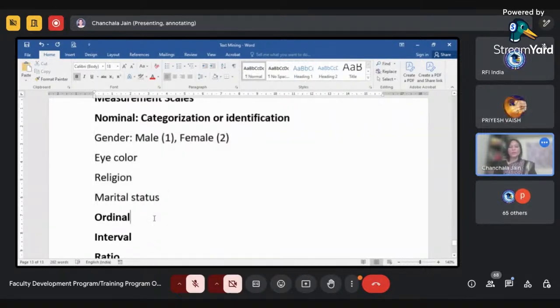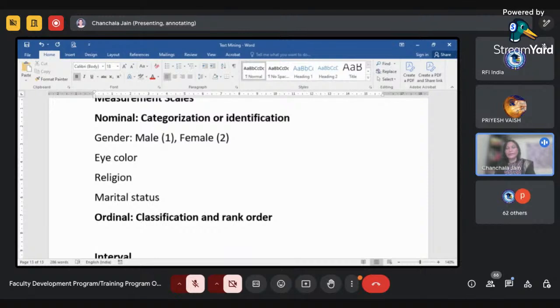Next is the ordinal scale. Ordinal can classify also, meaning categorization is possible, and there will be a rank order. For example, the top 5 students of my class. Classification is possible, and apart from that, order is also available.